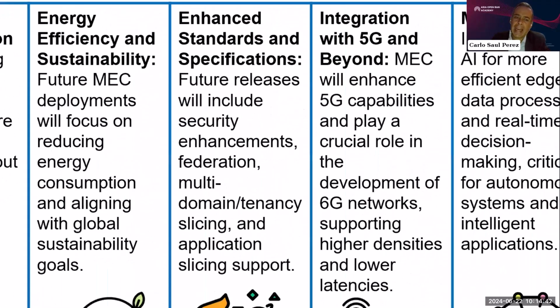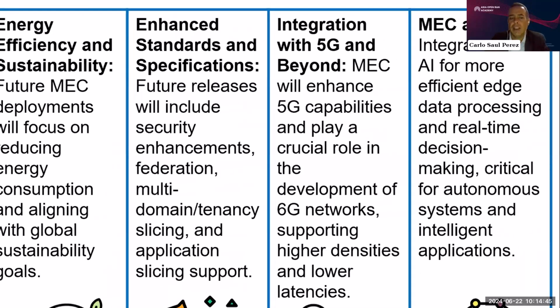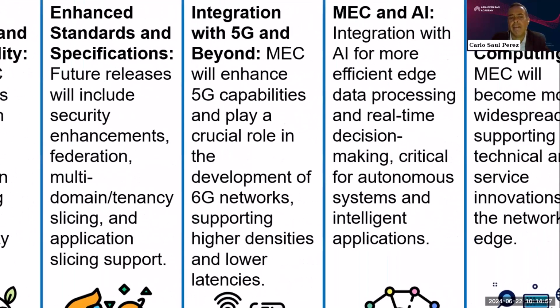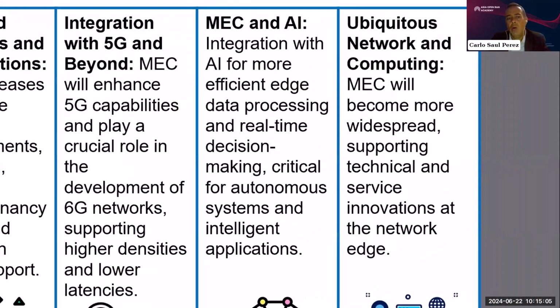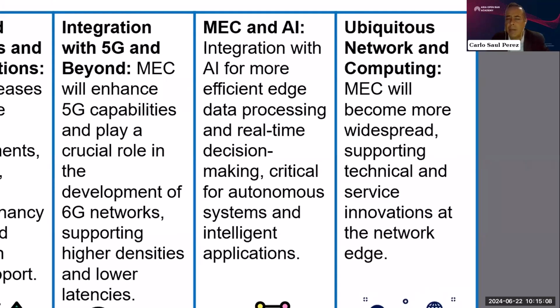There will be some enhancement in all of these standards and specifications. For sure, right now we are on phase 3 of the MEC standard. We will go for 4 in the following years. Integration with 5G and beyond 5G evolution, and how we will integrate with 6G in the future. How we will integrate this MEC with AI. Today we're doing some basic integration. We're still in the first step with AI, and we expect to have more applications or more solutions with AI that could be integrated or deployed with the MEC.